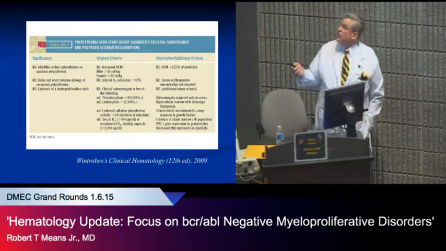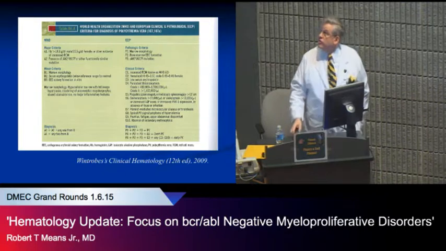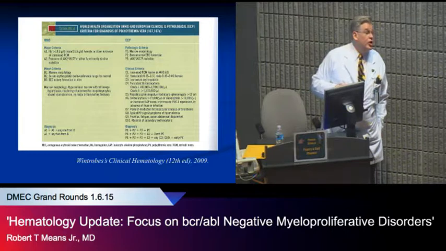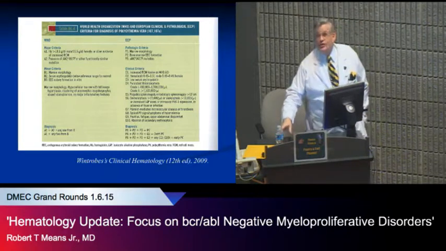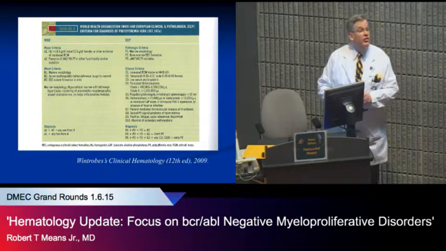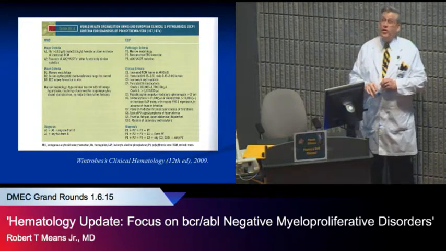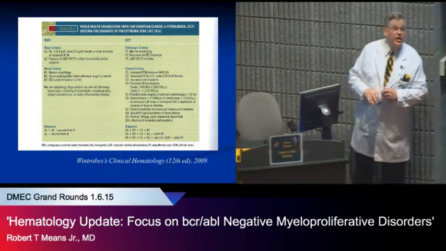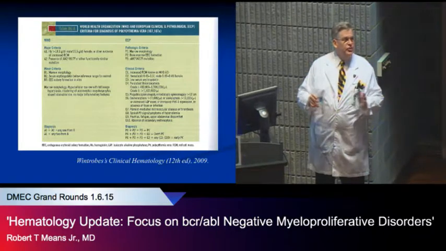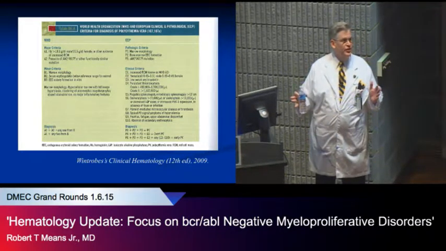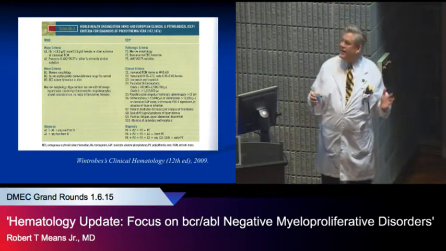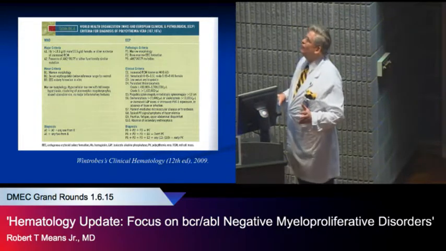But in fact, the current criteria are the criteria developed by the World Health Organization, initially published in 2007, but under more or less continuous debate and revision. The World Health Organization criteria are first significant in that they have moved away from using the red cell mass. This is helpful because most nuclear medicine people don't remember how to do red cell masses, and so it's rather challenging to get a red cell mass done, even if one wanted to.